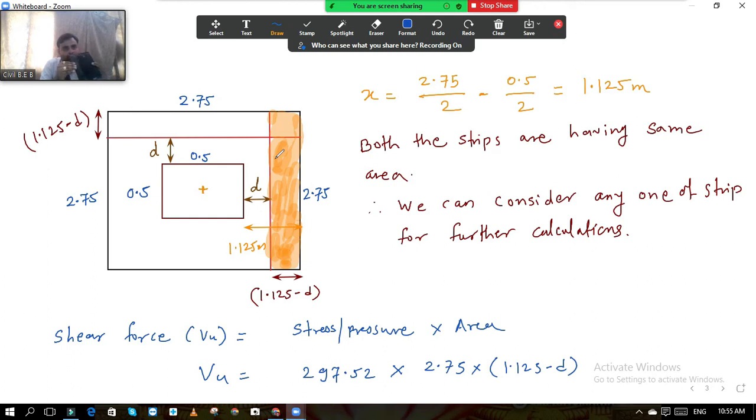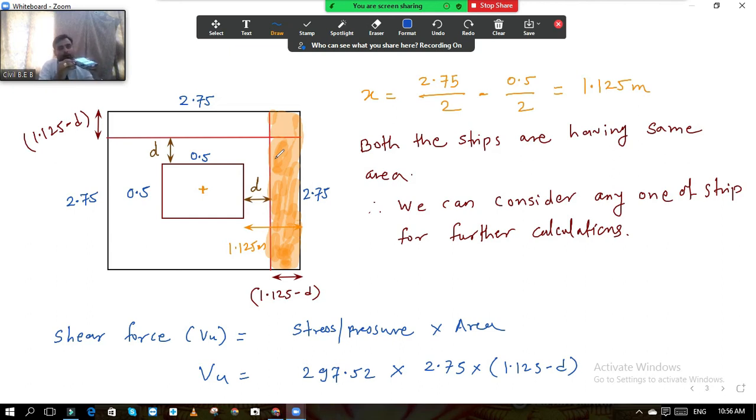Okay, this is your footing. Now this is the strip which is at a distance d, where the critical section is, from where the footing can fail. Once this failing action takes place, if it fails like this, this distance, how much is it, total 2.75, this 2.75 is also part of the footing.